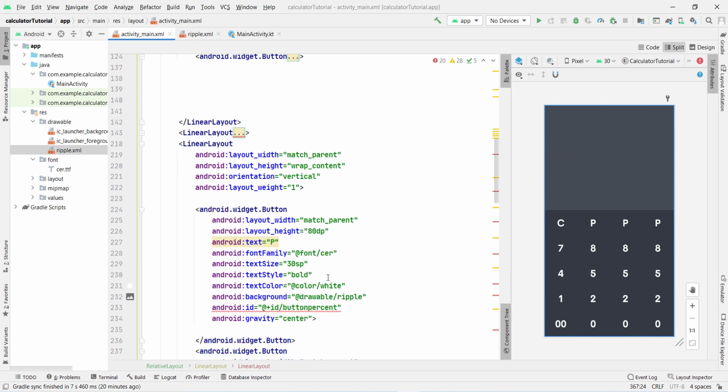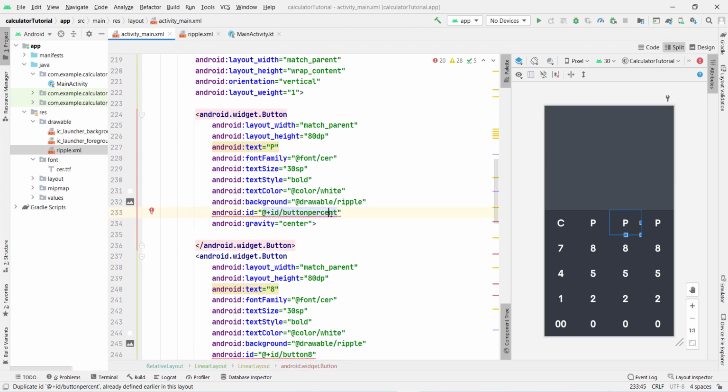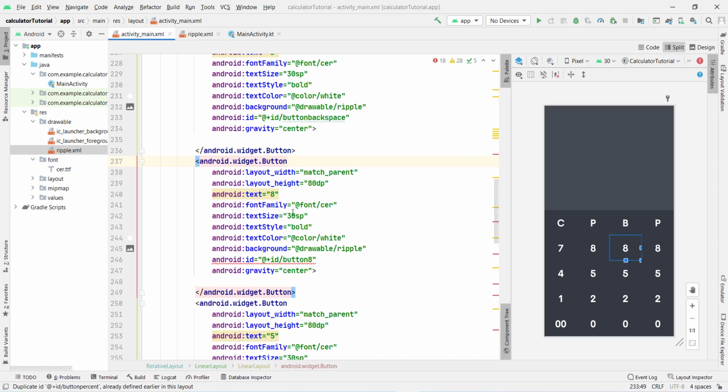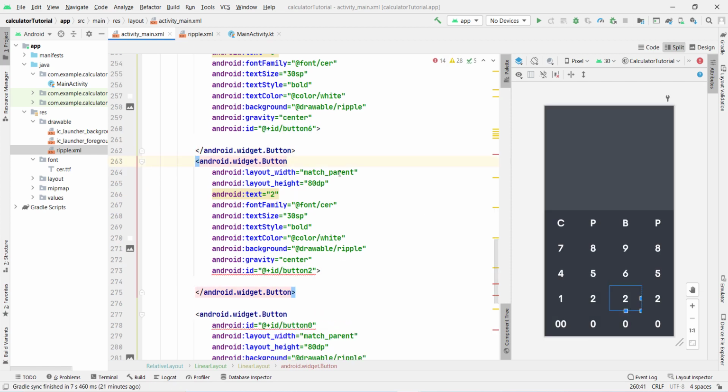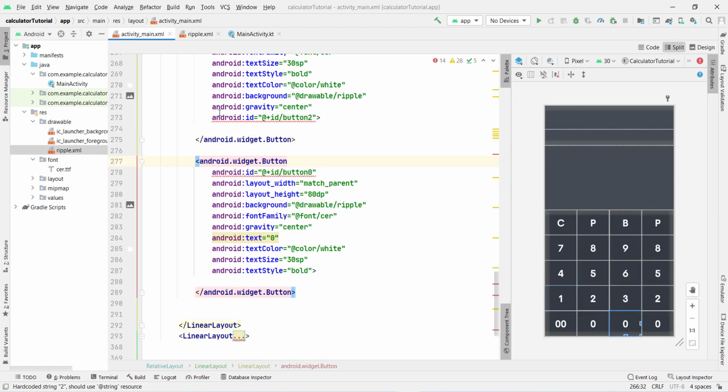So expand this one. So this is our button backspace, and for now I type here capital B for backspace, button backspace. Now this is the 789, give the ID name here button 9, and this is the 6, type here 6, and this is the button 3,